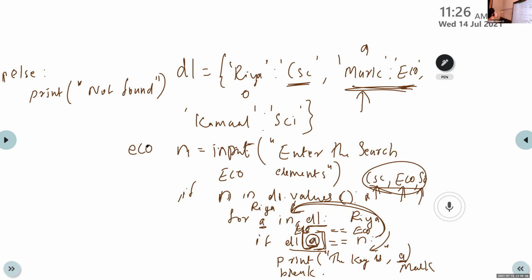In this program, the output for this small eco is not found. Write another program where if you give this eco also, the output is correct, that is, you want to print the key. There is no need of checking the case. That is the program. Is it clear?